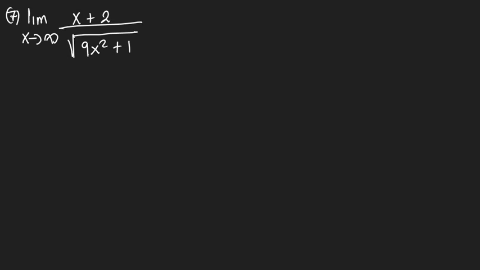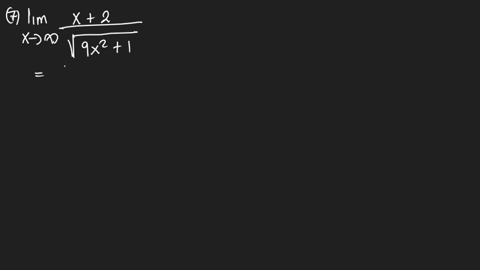How about if you have been given a radical where they say limit as x is approaching positive infinity, then they say x plus 2 all over by square root of 9x to the power 2 plus 1. So I want you to notice this. How do you solve this particular question? Well, because